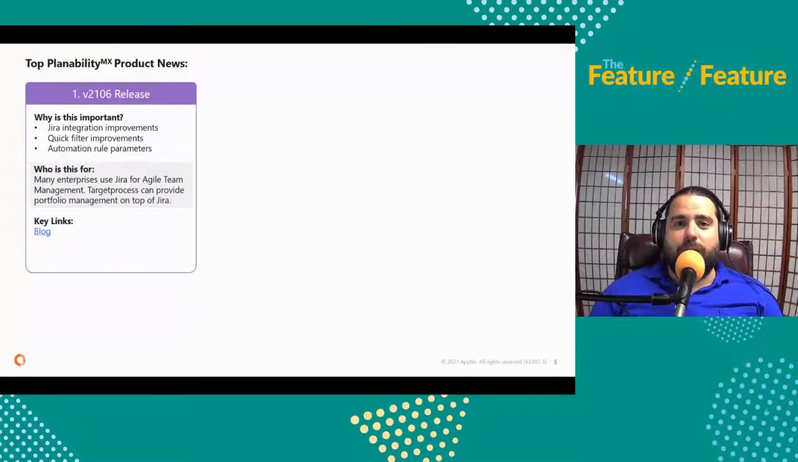So for our customers that are looking for closer integration to extract more value around that process via Planability, now there's a lot closer integration. There are filter improvements and automation rule parameters added to the solution now in this release as well. So you can check that out via the Target Process blog